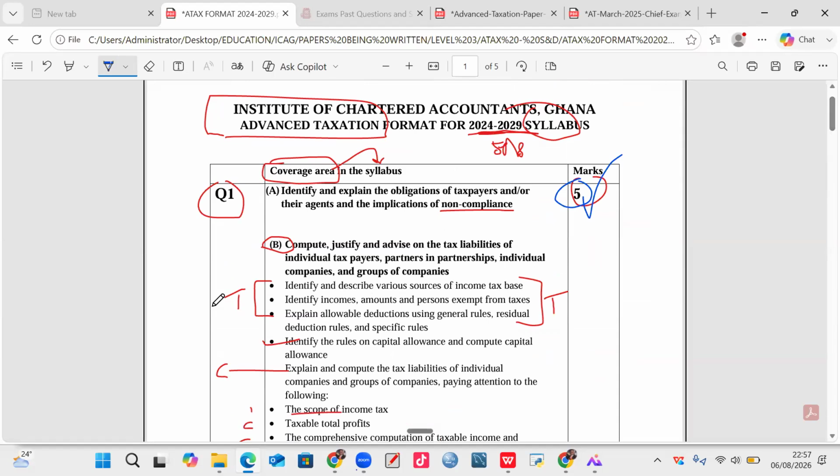Now we've read everything. We've read the areas and the topics. We just want to see the question, the nature of the question. Then we'll see the approach. So if you're able to get all this down, we will now start with how we approach the question. If there's a question, how do you approach it?